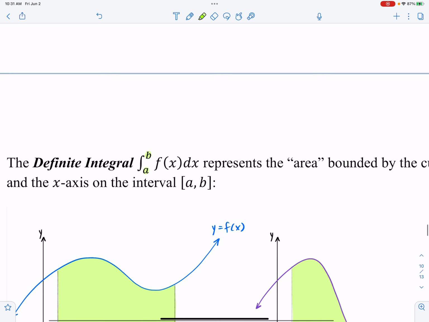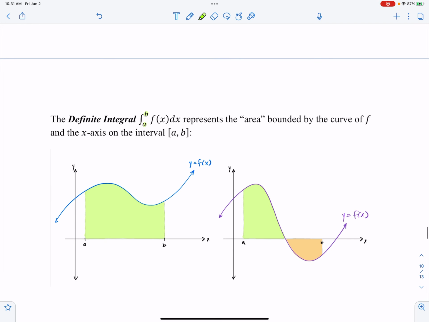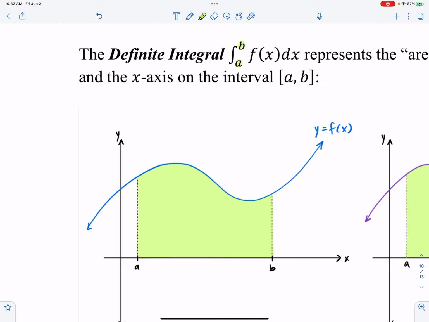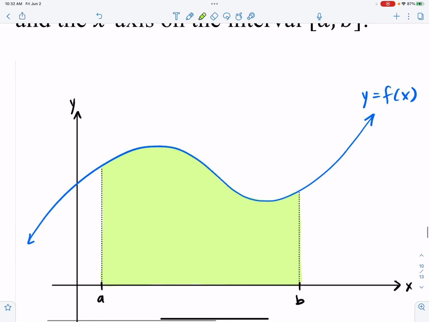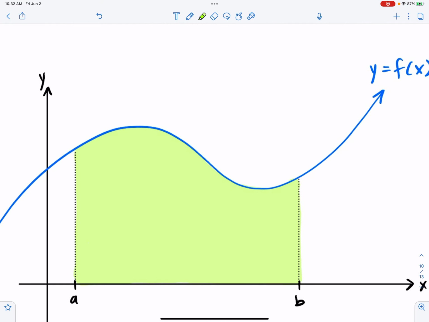The definite integral represents, I put area in parentheses. I'll explain that more in just a second here. But it represents the area bounded by the curve of the function f and the x-axis on the interval from a to b. Now, when a function is just positive for all values on the interval from a to b,